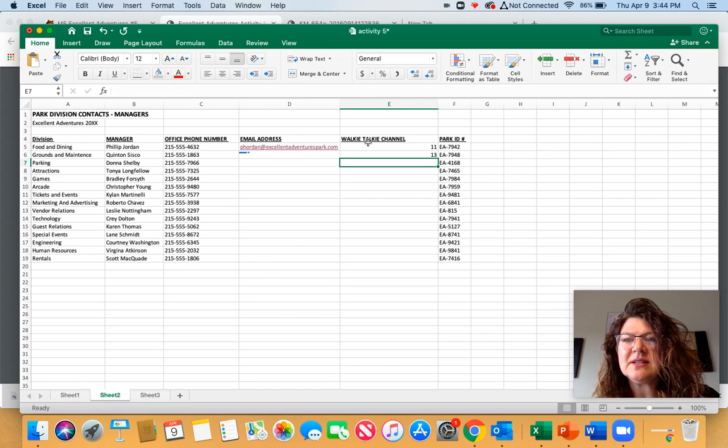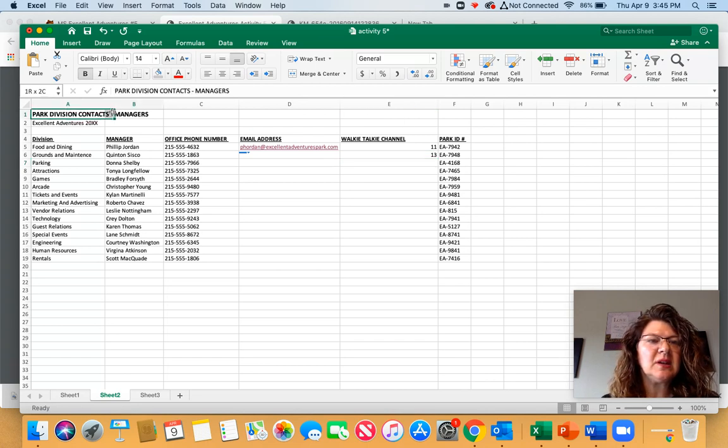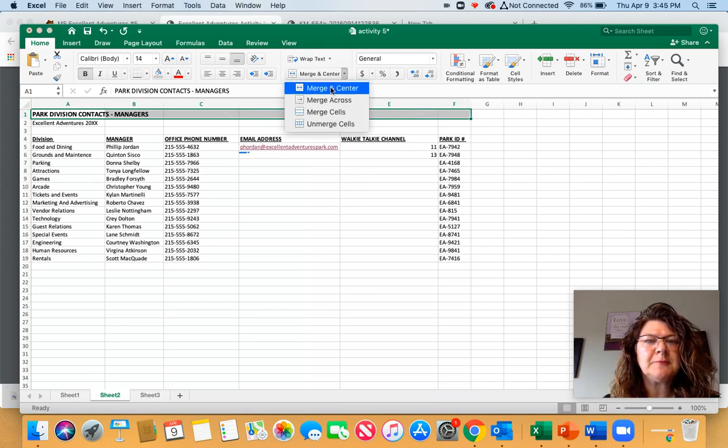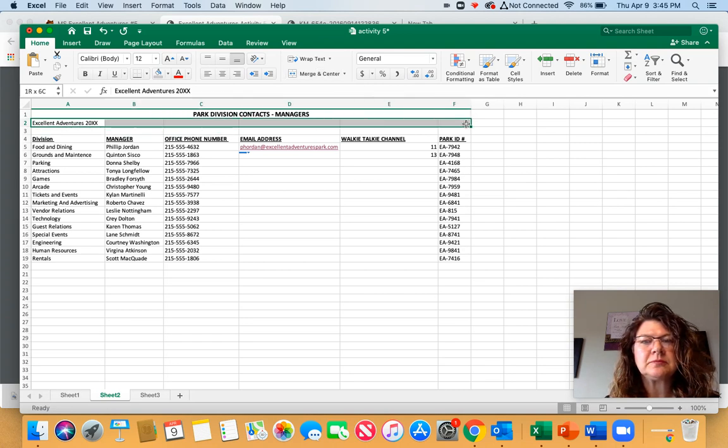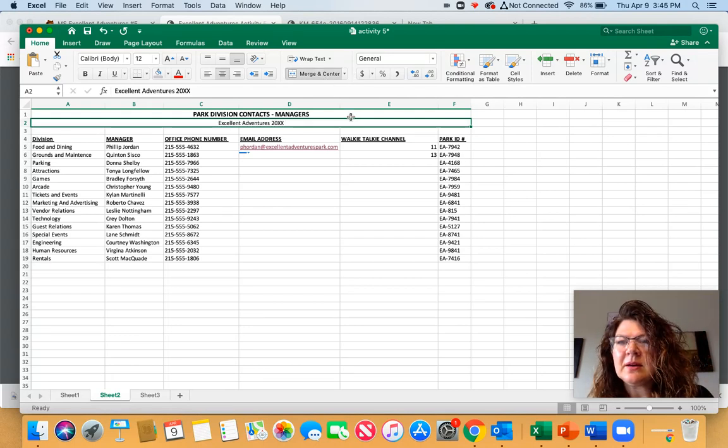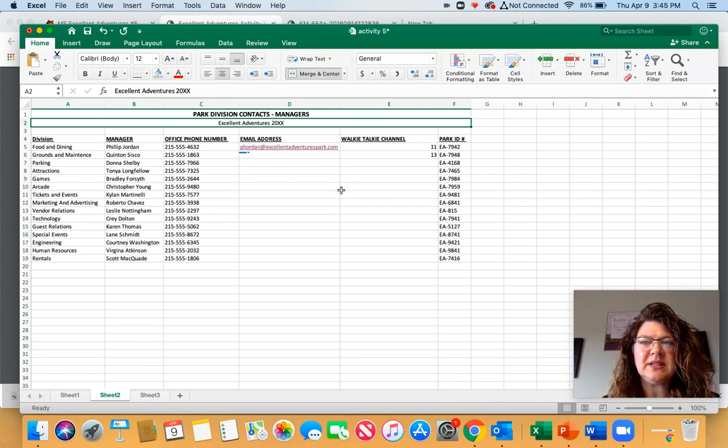underlined. You're going to select cells A1 through F1, and we're going to merge and center those. So I'm going to go all the way down to F, and I want to merge and center. I want to do the same thing with the second line, and I want to merge and center that. We have the hyperlink there, and then select cells D5 through D19,